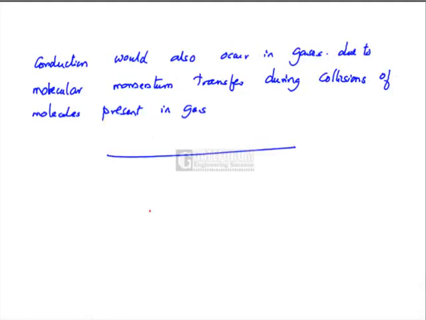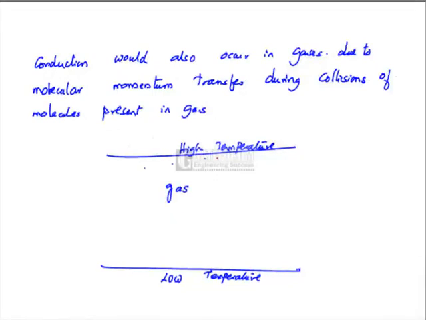For example, if we take two plates, one at high temperature and the other at low temperature, the gap between the two plates is filled with a gas carrying so many molecules, so many crores of millions of molecules present between the two plates. The molecules present in the vicinity of the high temperature plate receive that energy and keep moving with higher velocities,